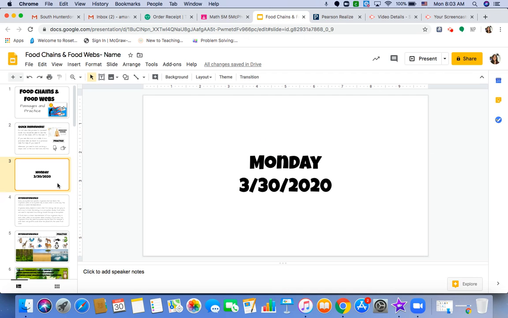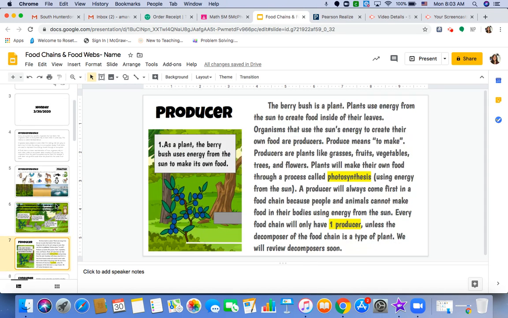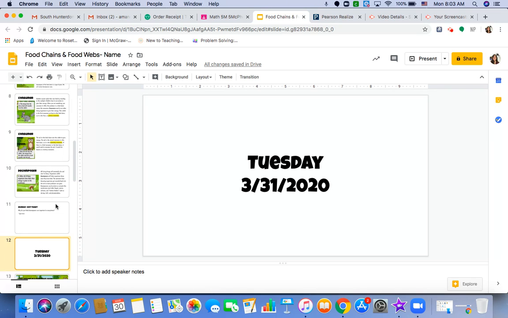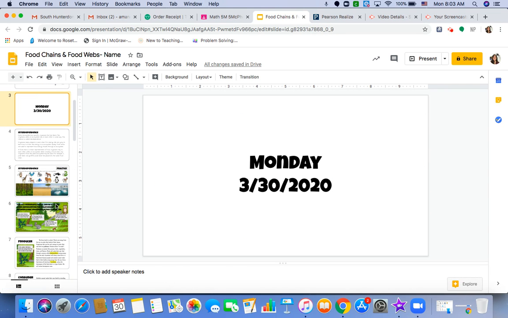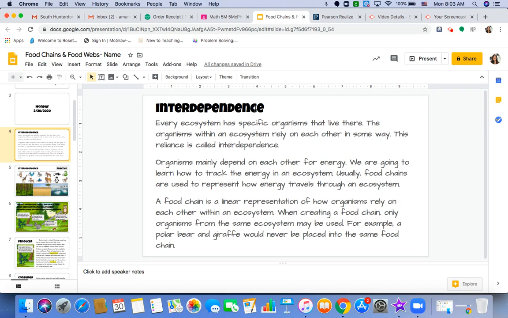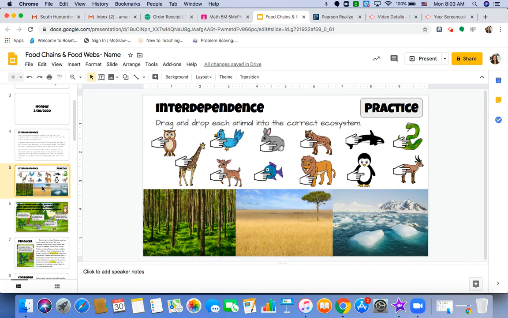Okay, so if you notice, I've included some breaks here. Where it says Monday, any slides after Monday until you get to Tuesday, that is what your assignment is for today. So today's assignment, you're going to read about interdependence. You're going to read these 3 short paragraphs here that just talk about interdependence. And then you're going to